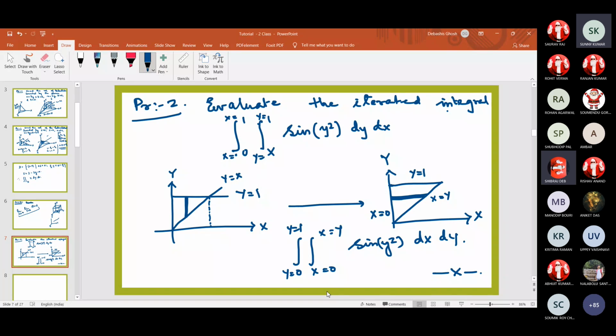I think you have not attended your first class. This is the surface, in the XYZ plane. We are going to find the volume under this surface. We need not draw this one. If you know the base, the ranges of X and Y, we can find the volume under that surface that way.